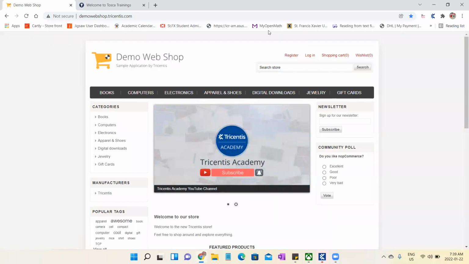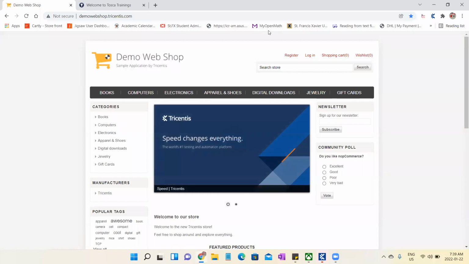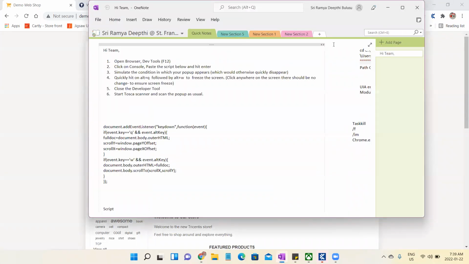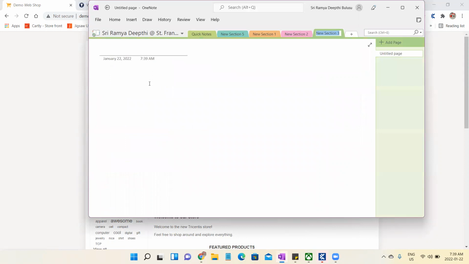Basically, you'll have two types of controls in any web page. The first type of control is called the visible control. And we also have invisible controls in web pages. What are the